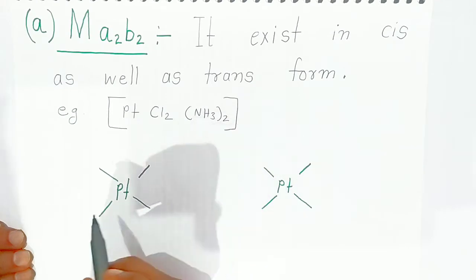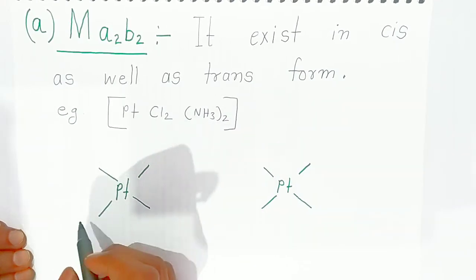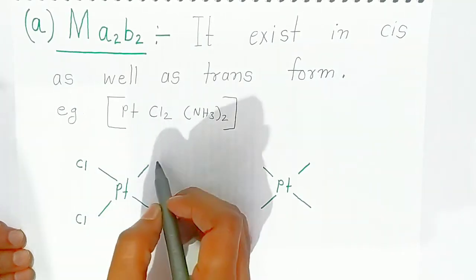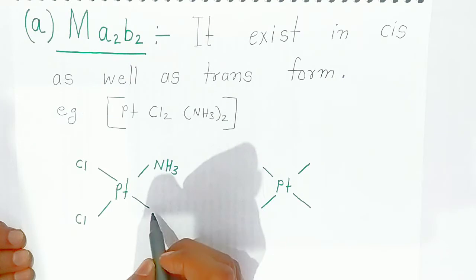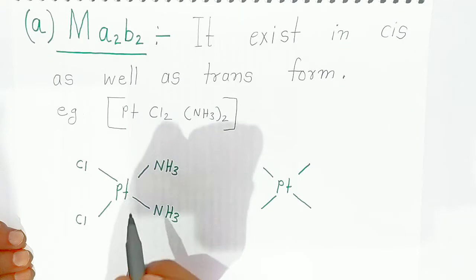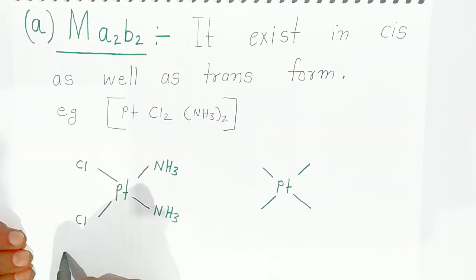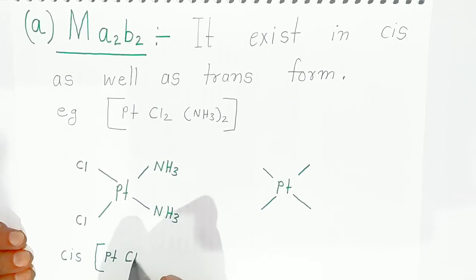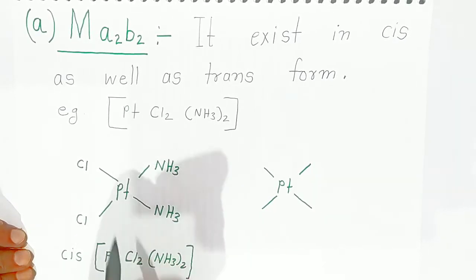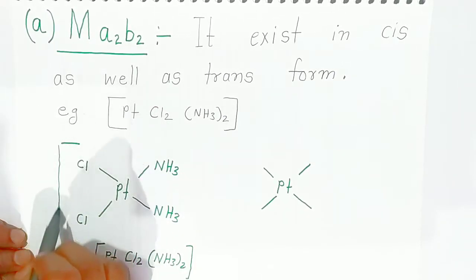Now students, what happens when it forms the cis type of complex? Here the second chloride will be adjacent to this chloride, and the second ammonia will also be adjacent to this ammonia. So there is a steric hindrance. If the same type of ligands are adjacent, we call it the cis type of complex. This is the cis type of platinum complex, platinum with Cl2 and 2 ammonia. Correct, students? Sometimes they ask in examination to write down the structure of the cis form of the platinum complex. So you have to write the structure like this. Because it is a complex, you put the square bracket like this.